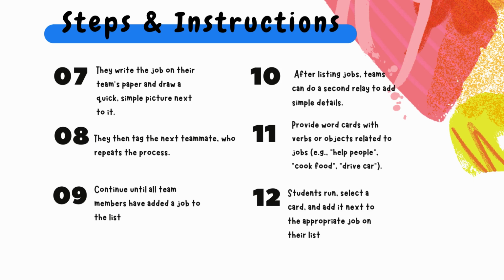Step number 9, continue until all team members have added a job to the list. Step number 10, after listing jobs, teams can do a second relay to add simple details. Step number 11, the teacher will provide word cards with verbs or objects related to jobs, for example, help people, cook food, and drive car. And step number 12, students run, select a card, and add it next to the appropriate job